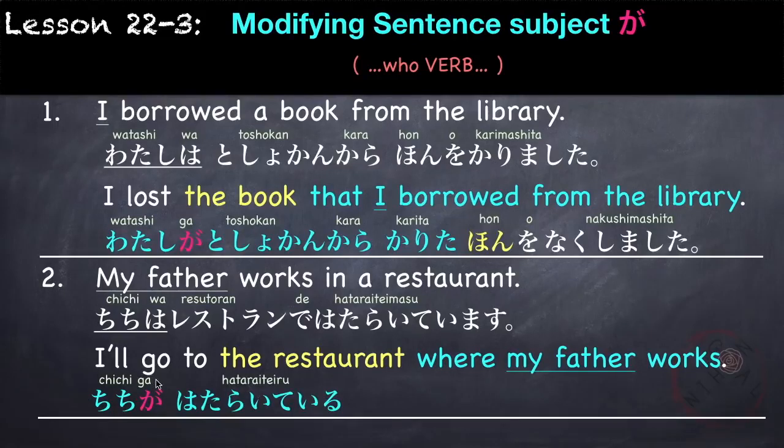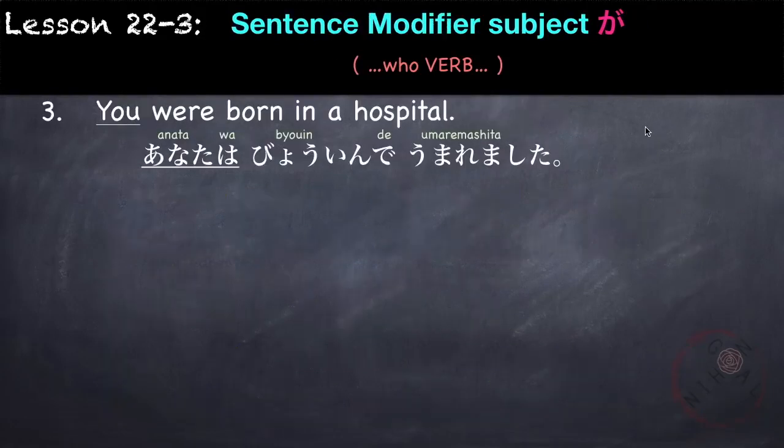So the subject is marked with particle が. 働いているレストランへ行きます。父が働いているレストランへ行きます。